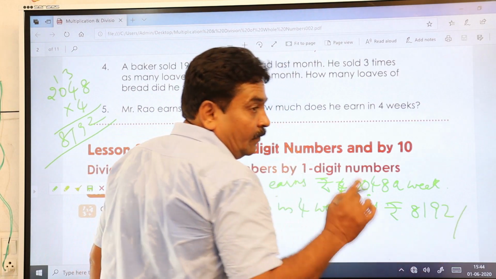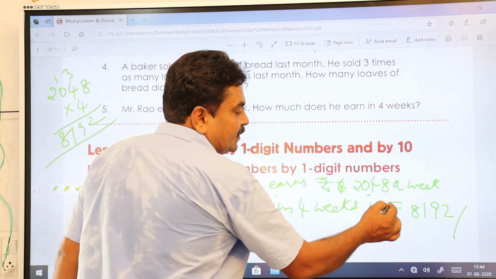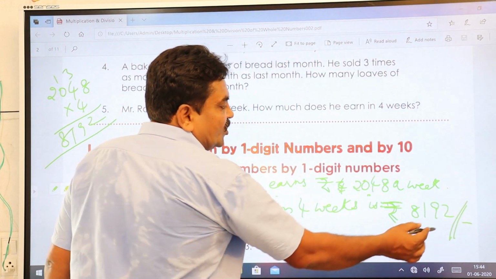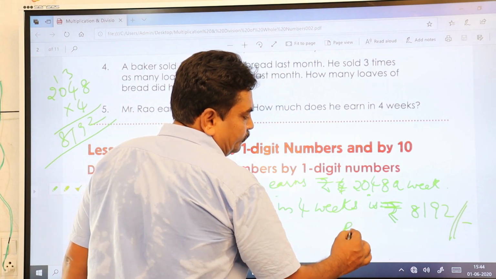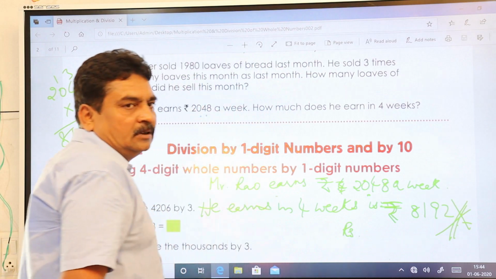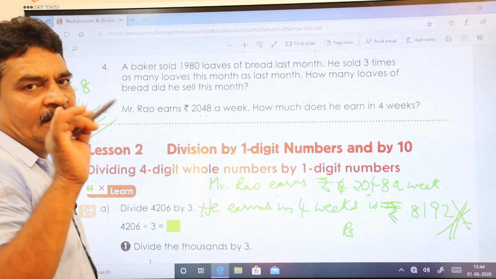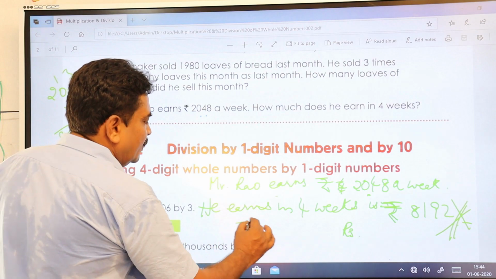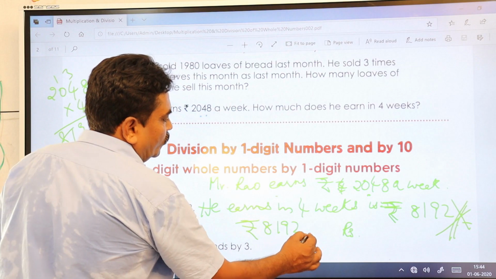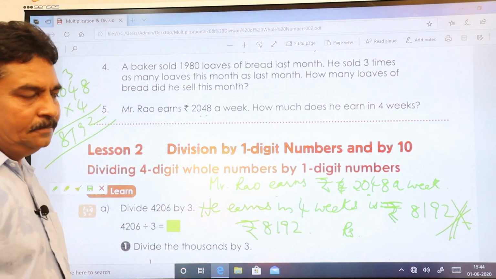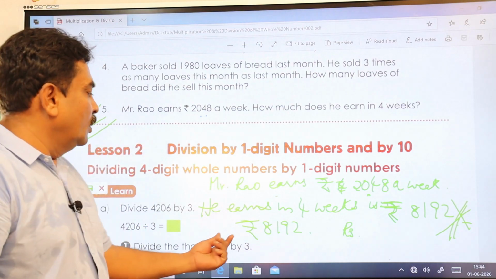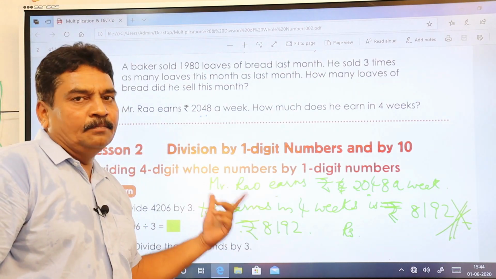8192. One thing, when you write this rupee mark, you should not keep it like this. Remember, this symbol is for rupees. For this you should not keep the slash and hyphen. You should write down only like this, rupees, how much? 8192, full stop. Is it clear? This is the rule. You should not write down slash and hyphen when you represent the Indian rupee symbol.